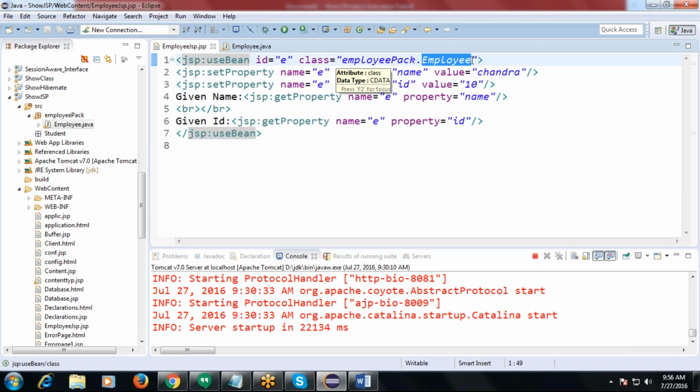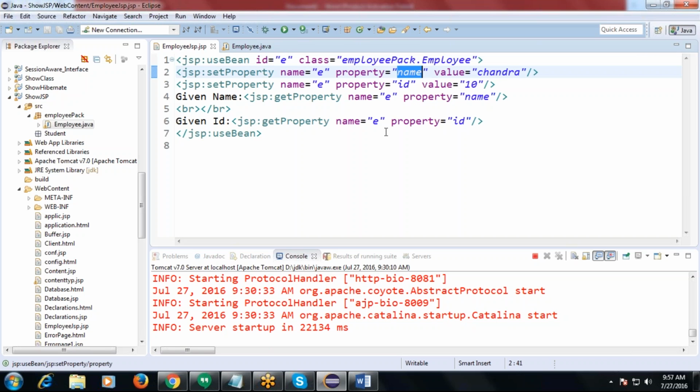So what is the meaning of that? Here our JSP container generates the instance as e, whatever we gave as the id. What is the class we specified? The employee class. So for the employee class, our container generates the instance as e and then executes the property we gave.